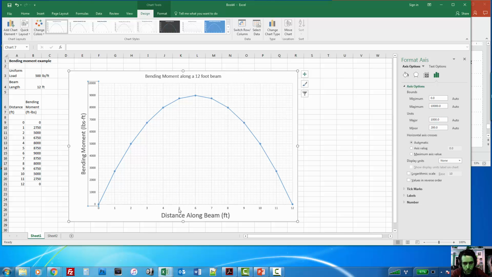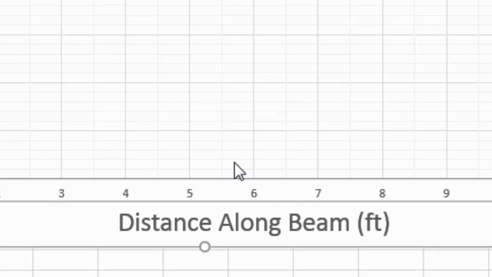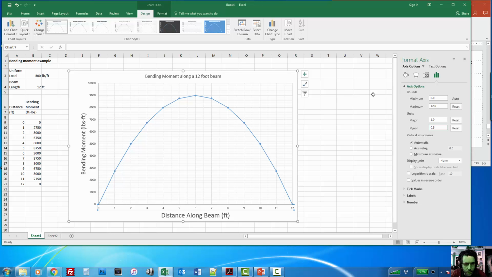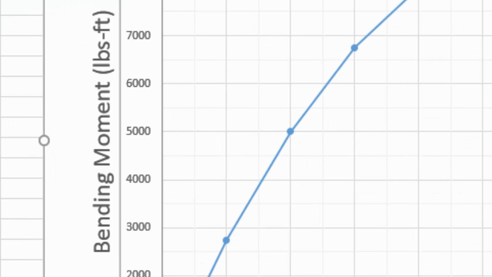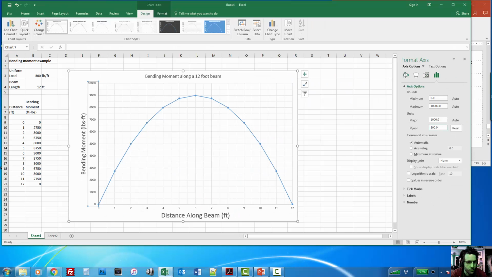But if I go to my x-axis properties, I could change it. Right now, the minor grid lines are happening at 0.2. I could change that to 0.5, and I get a minor grid line at every half foot. Could do the same thing with the y. So right click on the y-axis, and I could get a minor grid line. It's going up in thousands, so maybe every 500. And if I do that, you can see that the grid lines change. Of course, you can also change the appearance